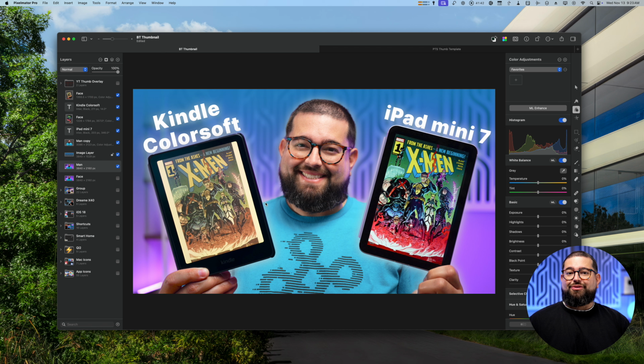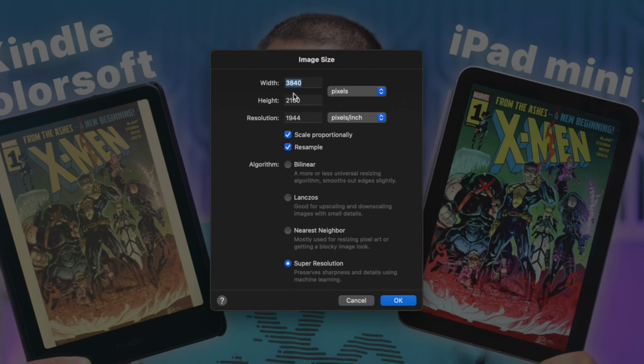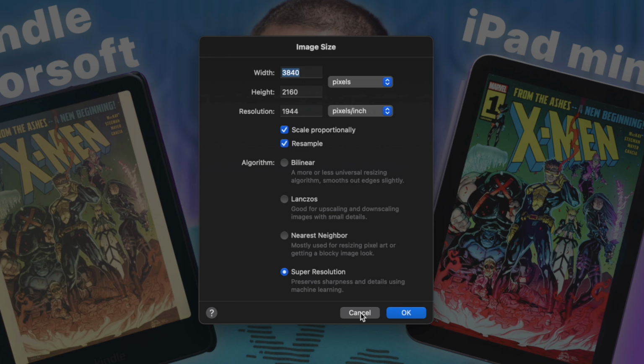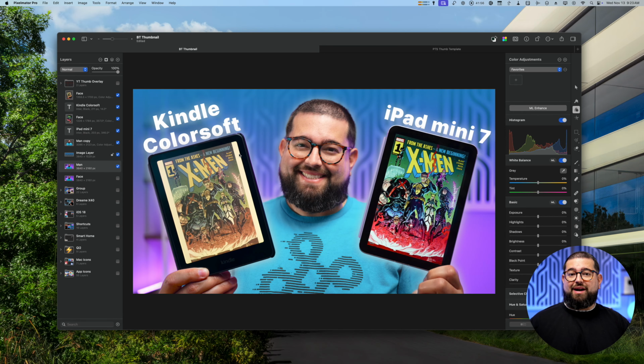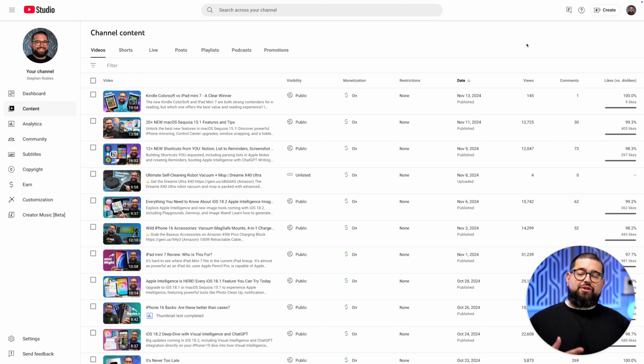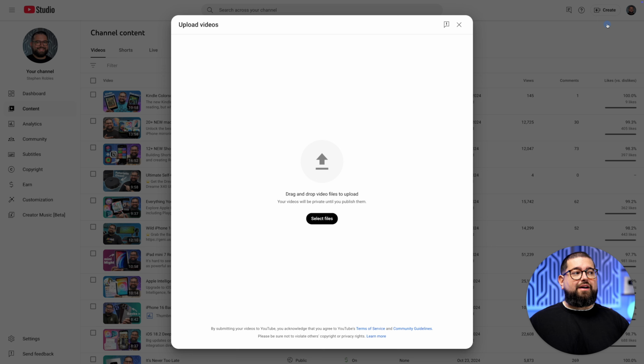Now, once you've created your thumbnail and you export that, which I would do at 4K resolution, that is 3840 pixels wide by 2160 pixels tall, it has to be less than 2 megabytes, so I typically export as a JPEG. And it's time to upload your video file, add your thumbnail, and do all your title and description. Now, when you're ready to upload a video, you go to your YouTube Studio. That's at studio.youtube.com. You click Create, Upload Video.